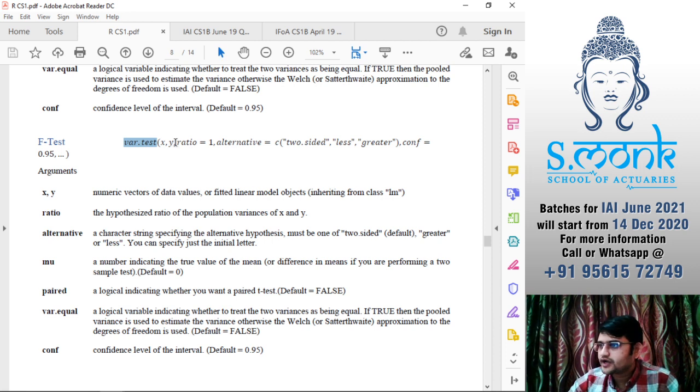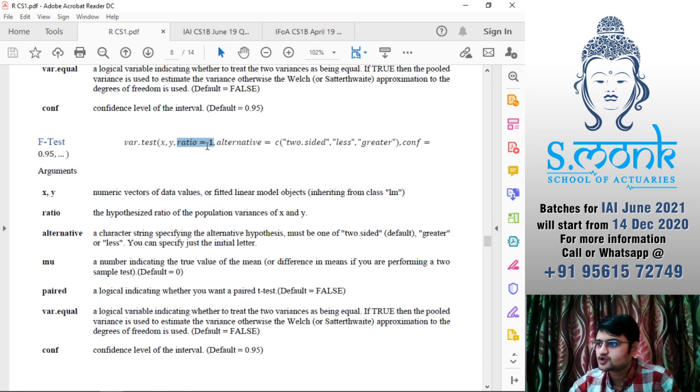Now here, what are the arguments? First of all, this is an F test, so definitely we will be testing for two variables, so x and y are important. Then ratio: for what ratio are we testing? There has never been a question where they say test whether sigma 1 square by sigma 2 square is half or 2 or 3 or 100.